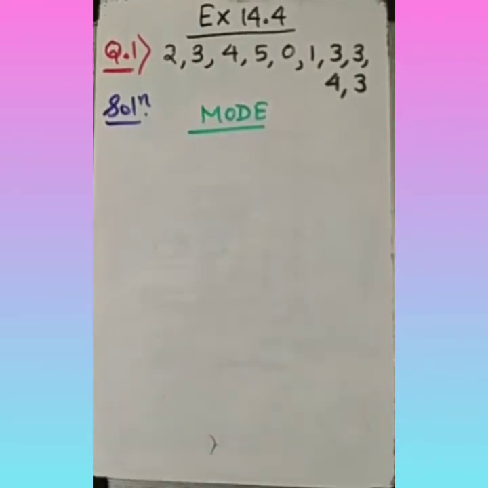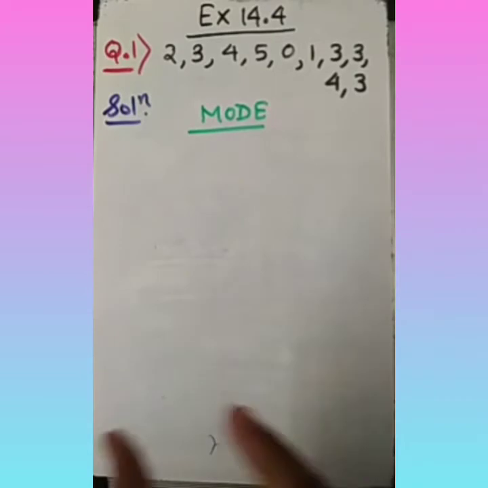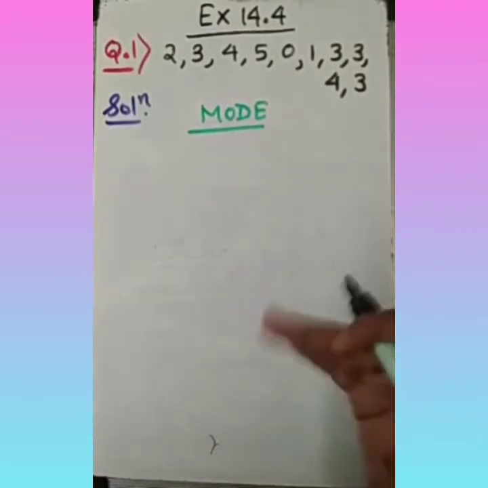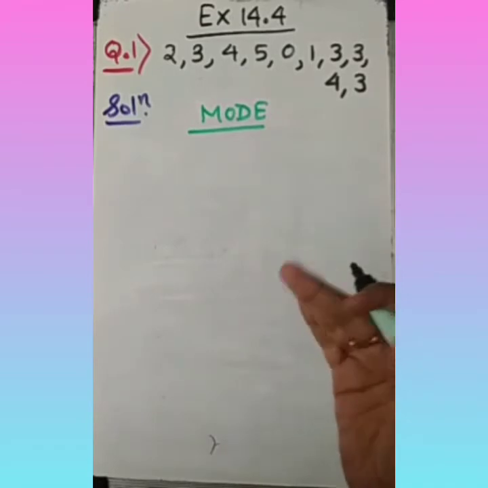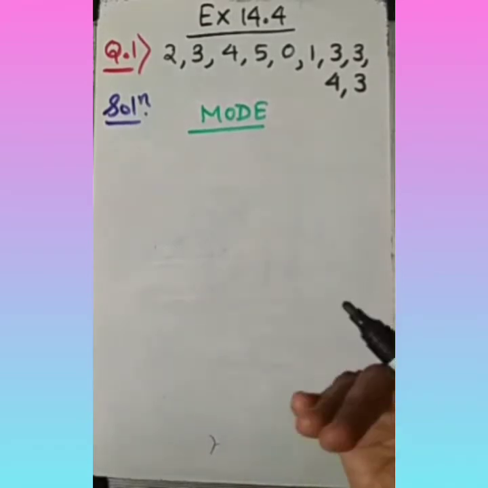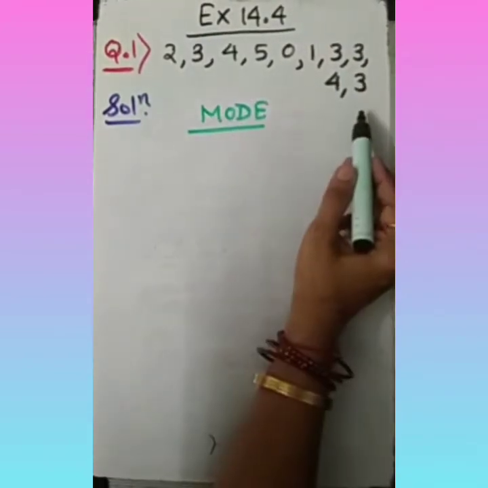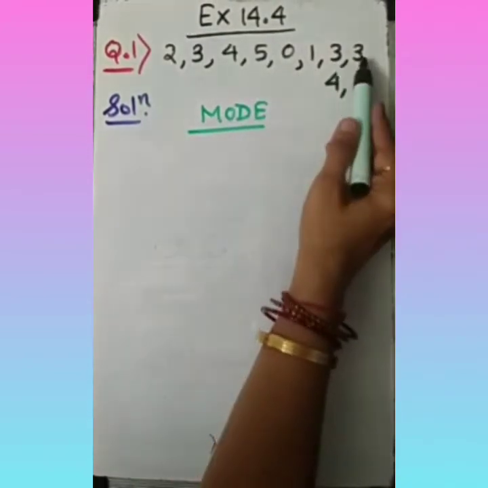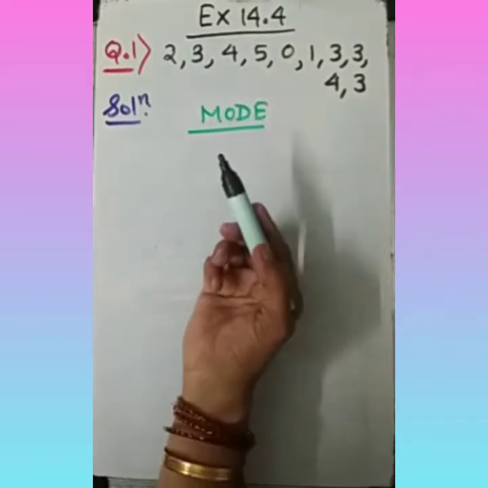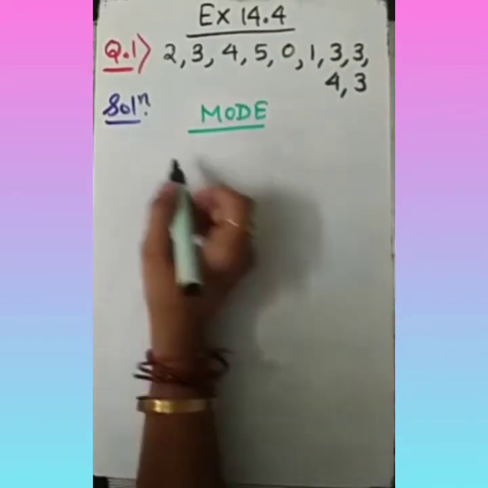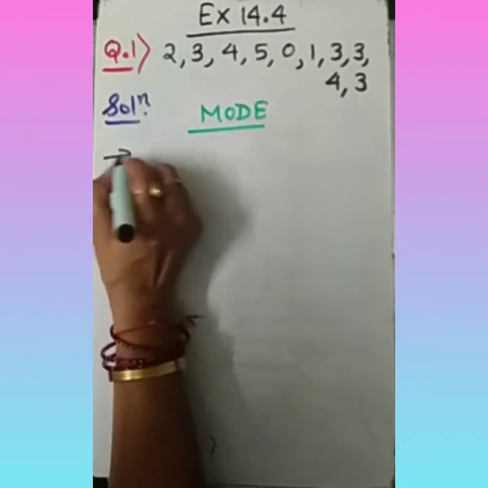So my dear student, now here is the third part of the question, mode. Now what is mode? Always remember, dear student, the data that occurs or is repeated frequently is called the mode of the given data. According to this given observation, we can see here 3 is repeated 4 times. Okay, 1, 2, 3, that is the maximum number of times. So we need to mention it here.